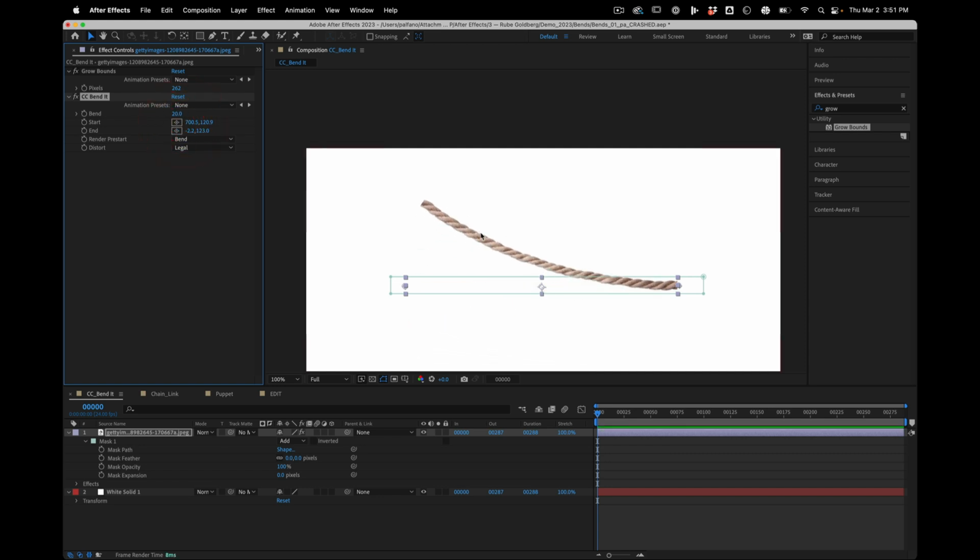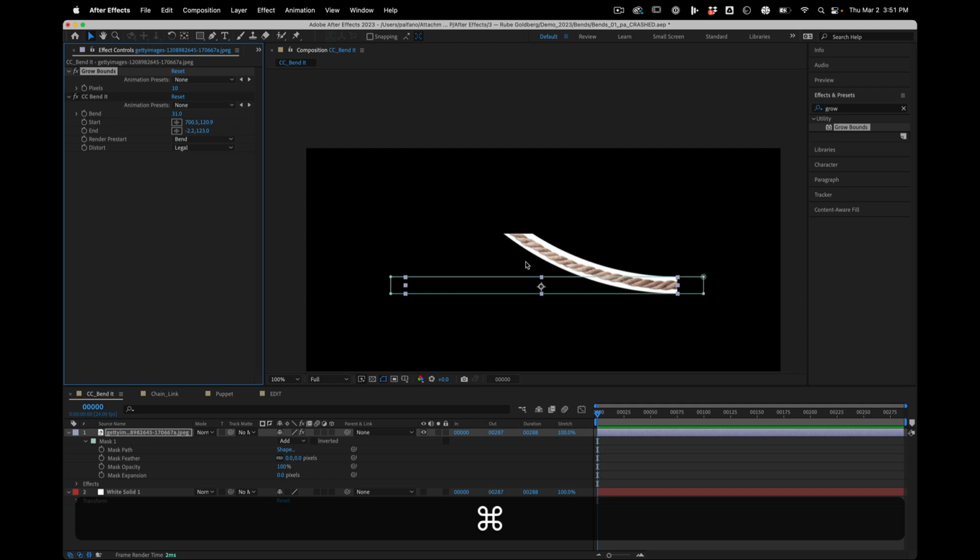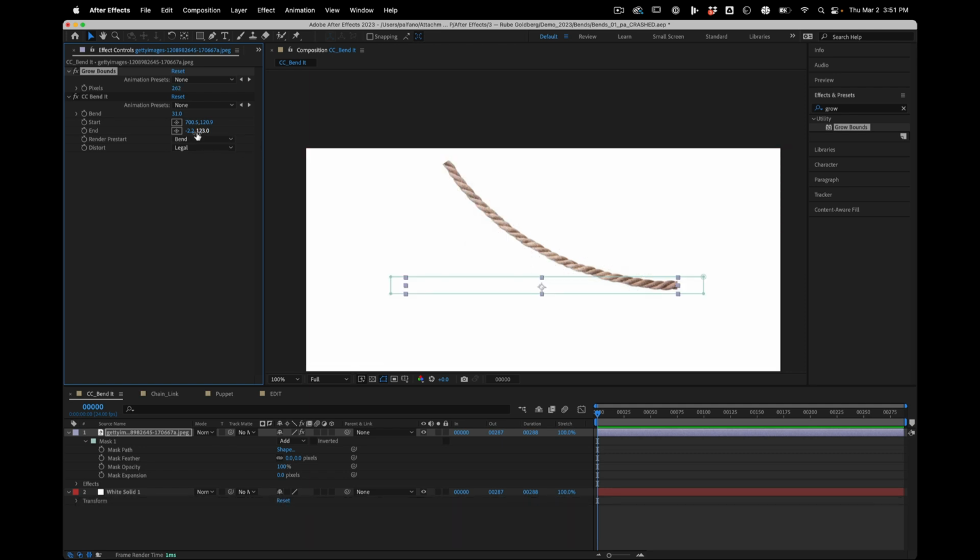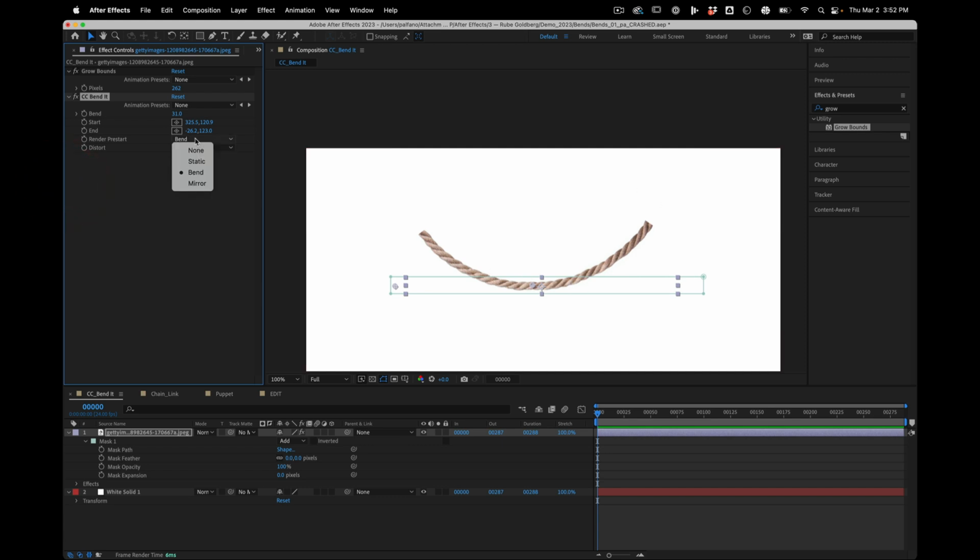What if we wanted to just have the end of this bend? That's where that start and end thing kind of comes in handy. So I'm gonna grab the start. Here we go. And if we see, what it's doing is it's kind of continuing down the end, but we actually have these other controls here. So I can go extended and static, and what that'll do is that'll just let me kind of control the end of the effect. All right, so there's a lot of possibilities here actually for